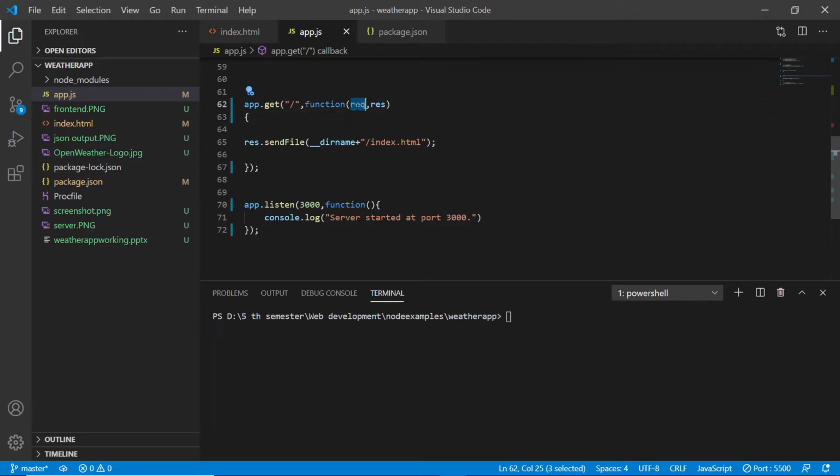The request contains the request from the client side, and the response is an object using which we can return something back to the client side.